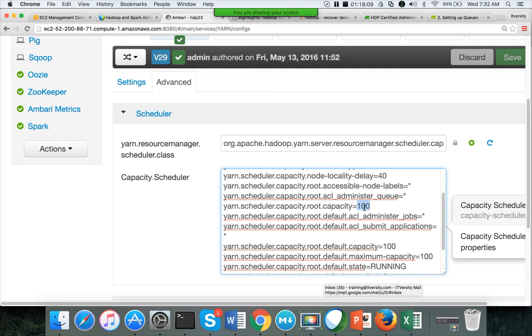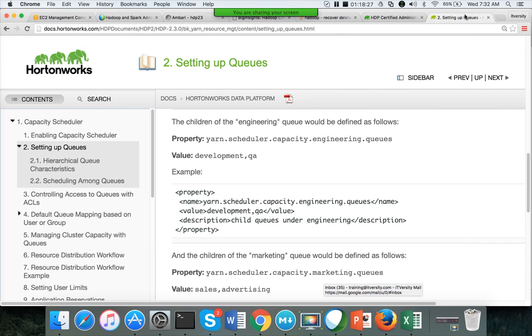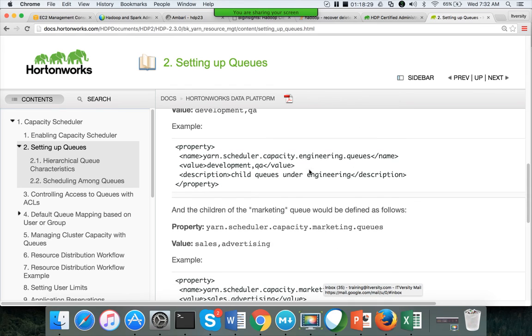Here I have only one queue and I am giving the entire capacity to root itself. Hence everything will run the same as the FIFO scheduler when jobs are submitted. But once you organize the queues like this, you can define the capacity for each queue.